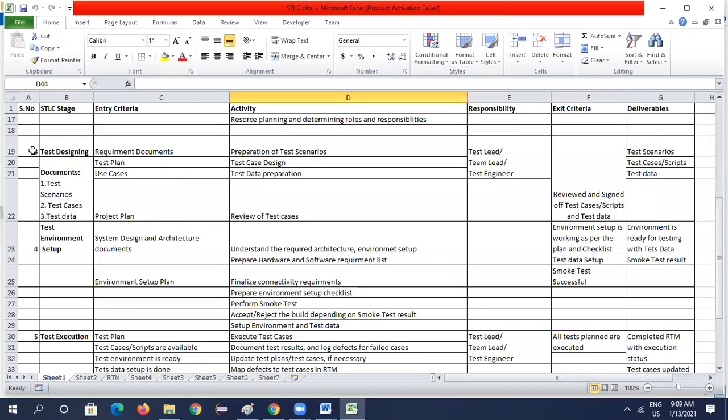Okay, so yesterday we were discussing the test designing section. In test designing, we were discussing writing test cases, test data, and all those things, right? As a part of that, yesterday we left one thing. In the test designing section, we need to understand where entry criteria is, use cases also is there. So, what is the use case?